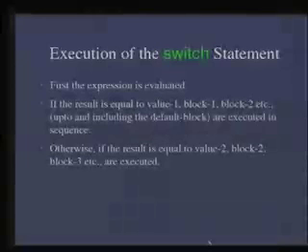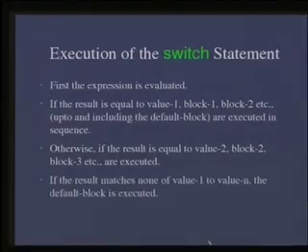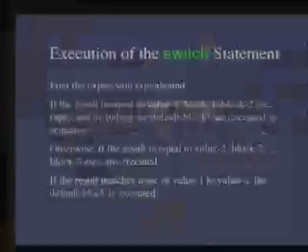If the value of the expression is not equal to value 1, then the result is compared to value 2, and if the result is equal to value 2, then block 2, block 3, etc. are executed, again up to block n and including finally the default block. And so on this proceeds. If the result is not equal to value 2 either, then it will be compared with value 3 and so on. And finally, if the result matches none of the values, value 1 to value n, then the default block